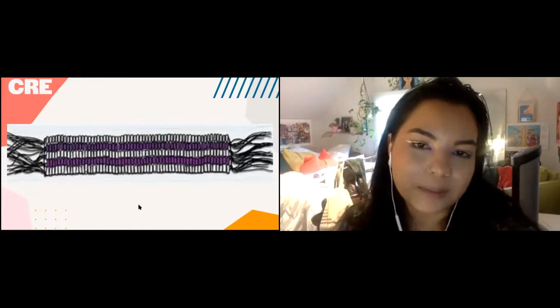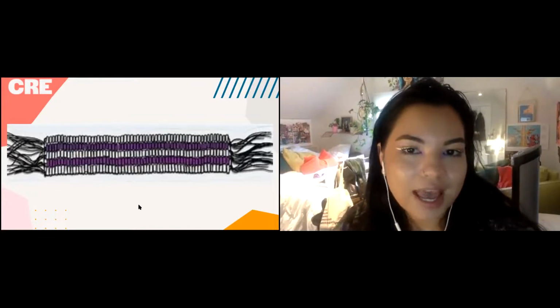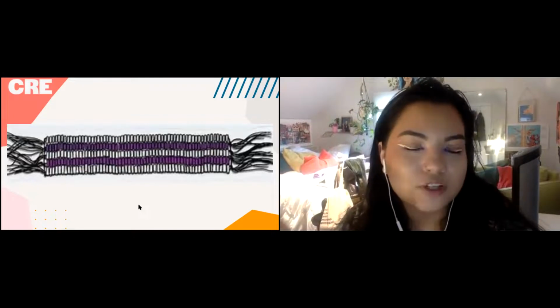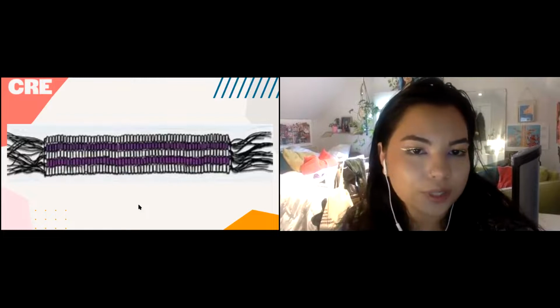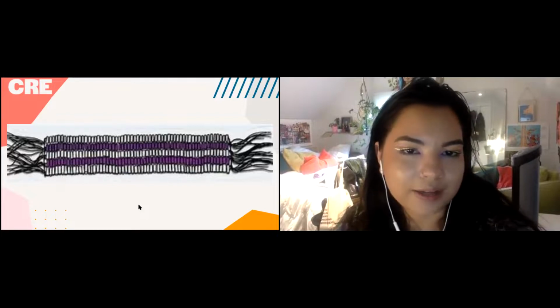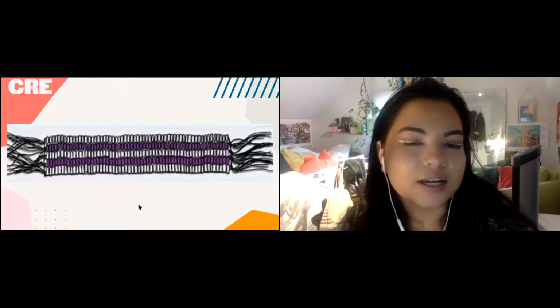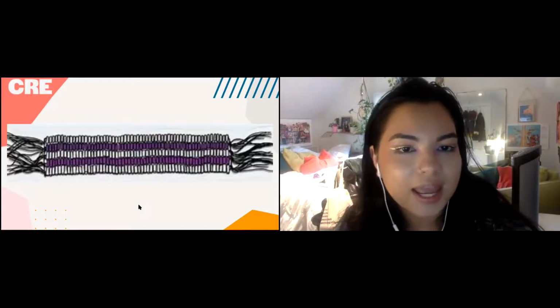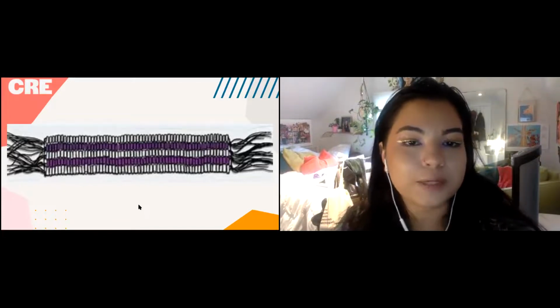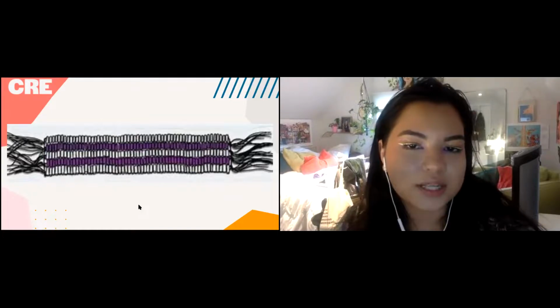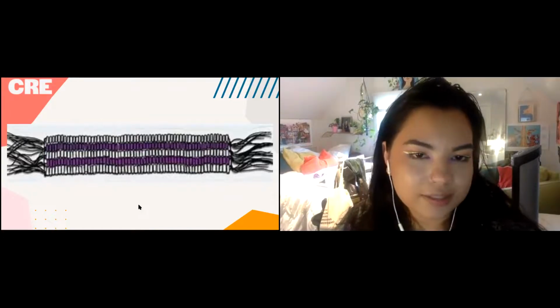This belt represents the river of life, and the two purple lines represent the two paths of a Dutch and a Haudenosaunee boat. So the Dutch ship represents the Dutch peoples and their customs, and the Haudenosaunee would be a birch bark canoe that represents the Haudenosaunee peoples and their customs.